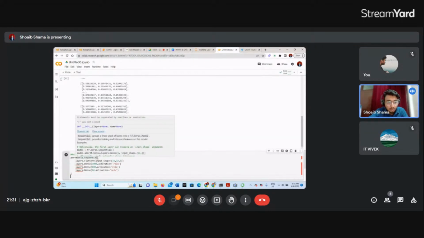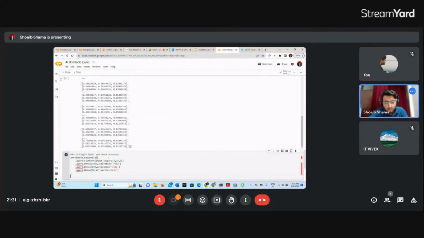Statement must be separated by new lines. Okay. Yes, it's a part of the sequential model, sorry. Yes, it's a part of the sequential model, and obviously now this will be fine.